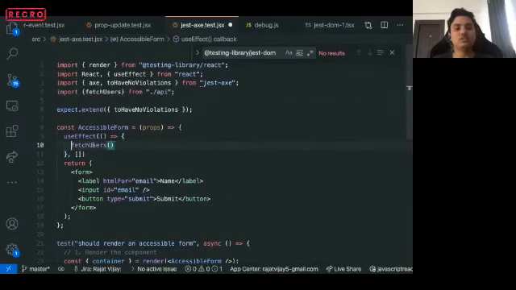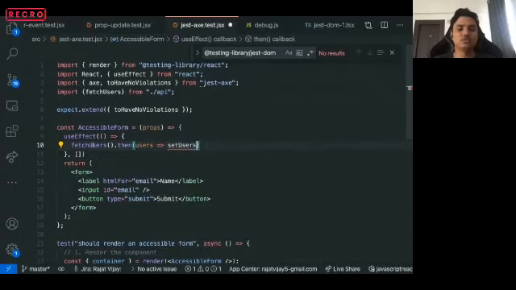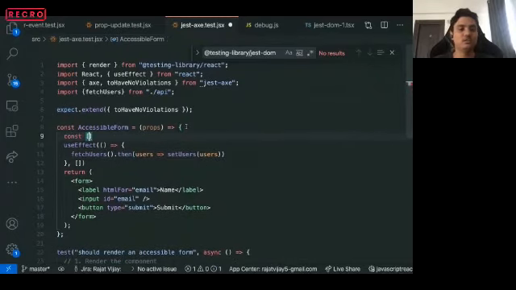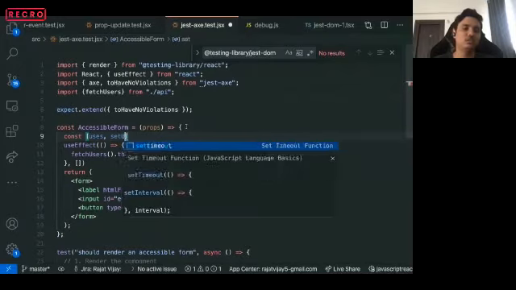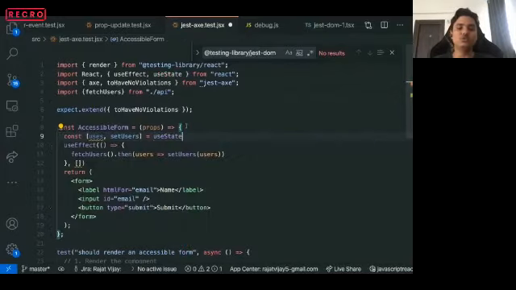And you are using it here, and you're doing .then users, setUsers, and you have the state to hold all of your users inside the component.